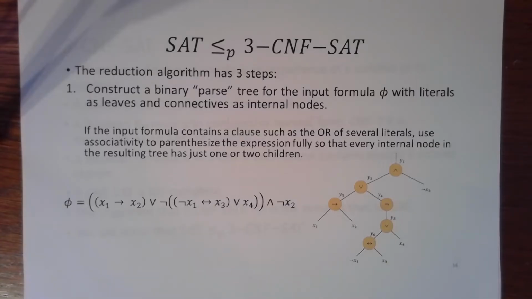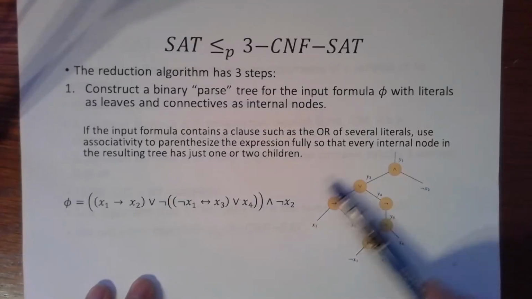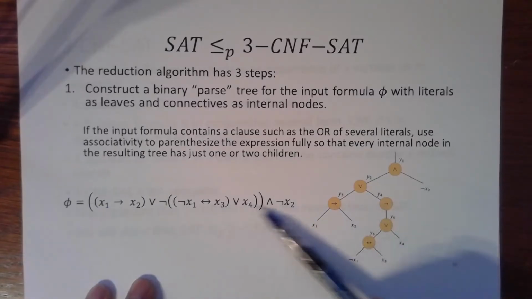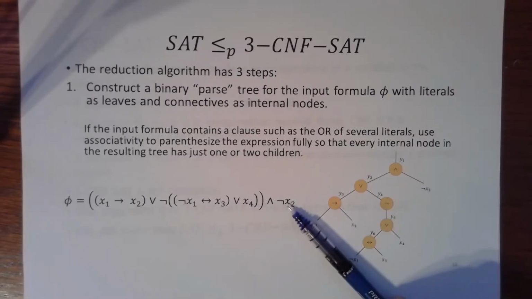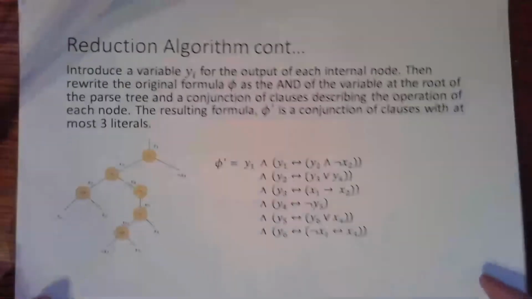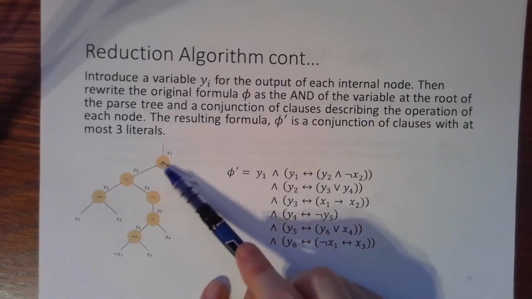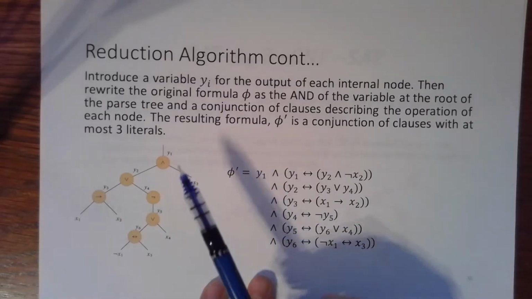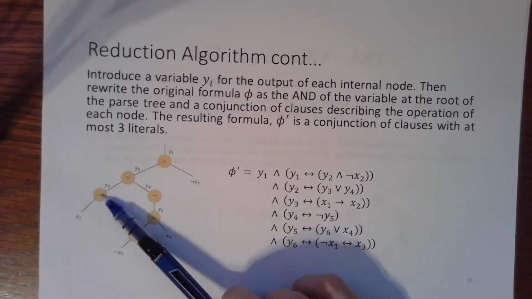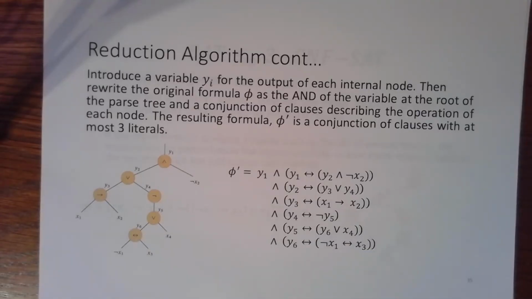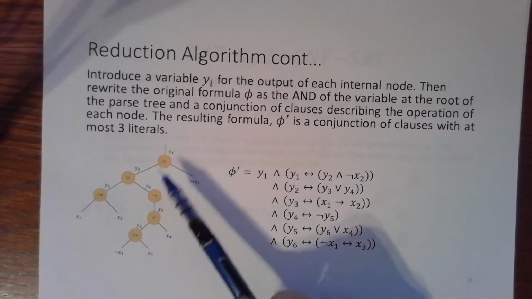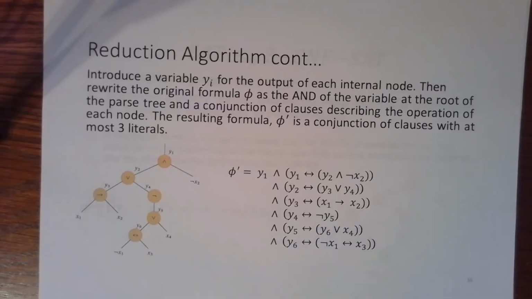Okay, so this tree just represents how this expression works. Once we have that expression, we can label all of the internal nodes with a new variable, y1, y2, y3, y4, y5, y6. So essentially we label the output of these internal nodes. And then, very similar to what we did in our previous example,